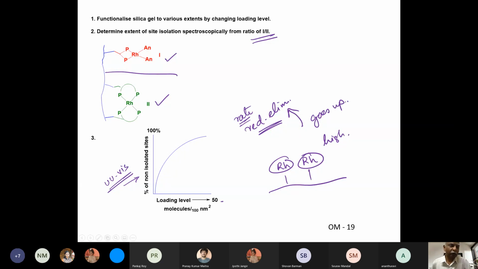So using this type of technique, both double labeling and loading level experiments, it was possible to show that reductive elimination is a lot more complex than oxidative addition. It requires a vacant coordination site. That was shown both in the case of osmium and in the case of rhodium and in the case of cobalt that we studied today. In addition, it was shown that dinuclear species seem to be involved for reductive elimination, and not just mononuclear species.